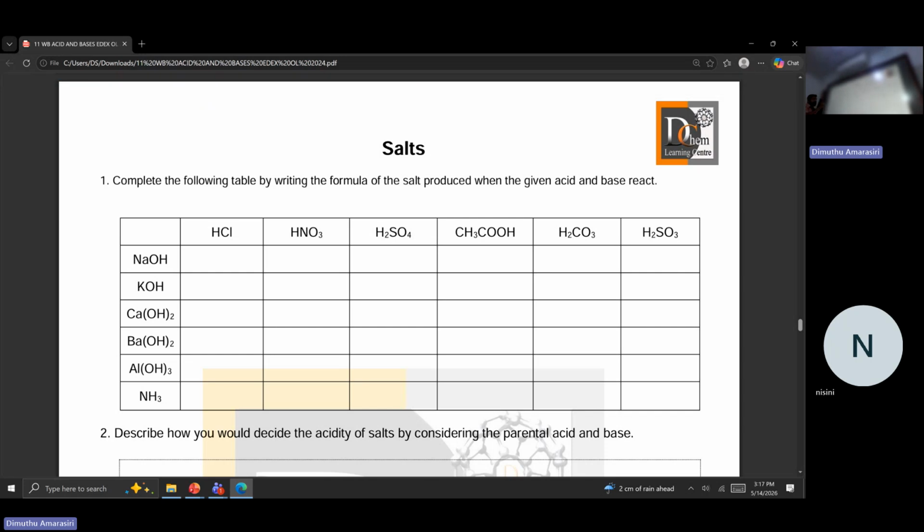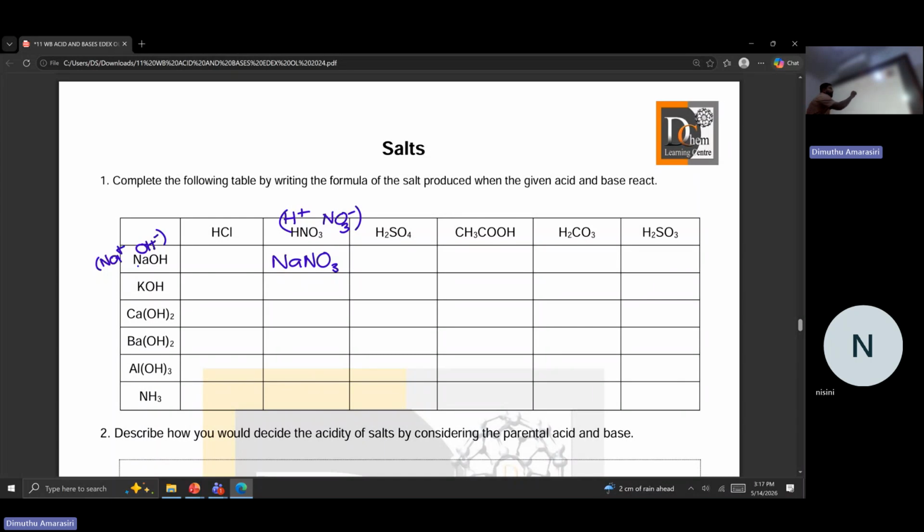The best way to understand salt formation is to know what ions the acid and the alkali dissociate into. That will give you more confidence. For example, sodium hydroxide gives sodium plus and hydroxide. Let me take nitric acid into account: H plus and NO3 minus. These are the two ions. Then if you write a reaction between sodium hydroxide and nitric acid, it should be sodium nitrate. So be careful with the valencies, right?